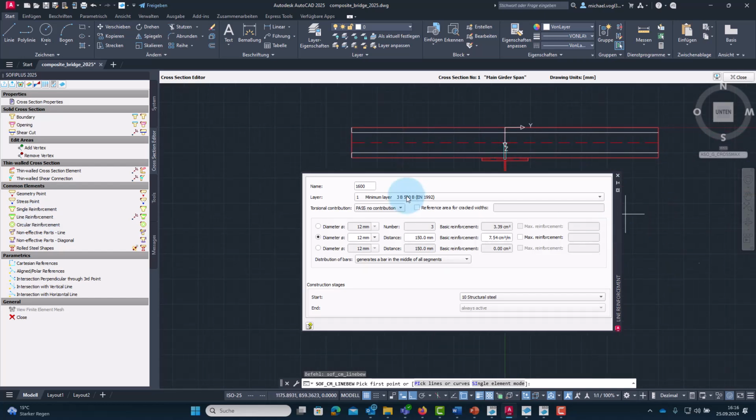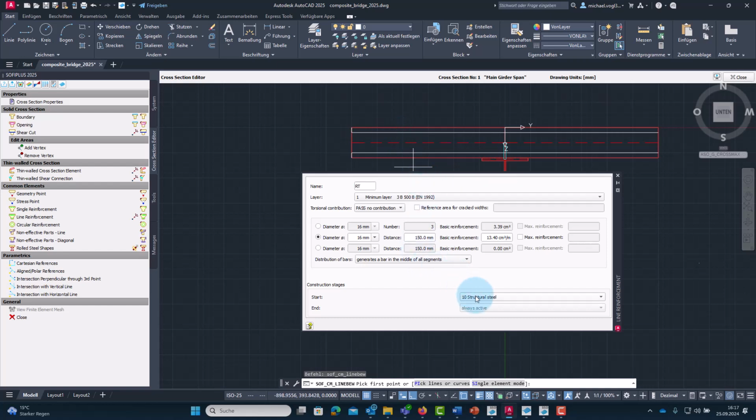In the span section that we define now, we will use a reinforcement with diameter 16 millimeter and a distance of 150 millimeters. We can also assign a title to be able to recognize it later. Here I give RT for reinforcement top.